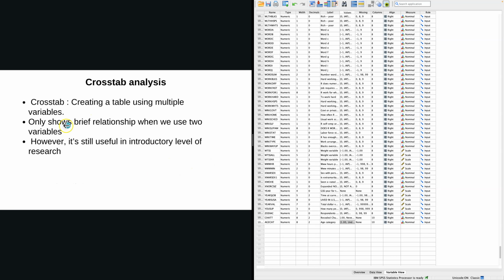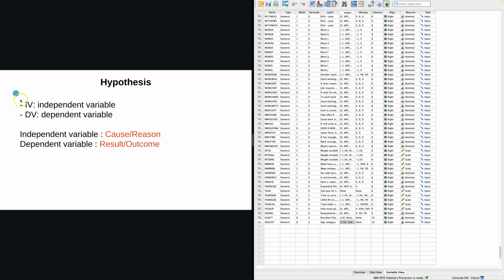So the crosstab is still not a perfect measure because we only showed very briefly the association between those two variables, but it is still very, very useful. IV stands for the independent variable. DV is the dependent variable. Again, we should have the causality that the independent variable comes first and happened first, and then the dependent variable is caused